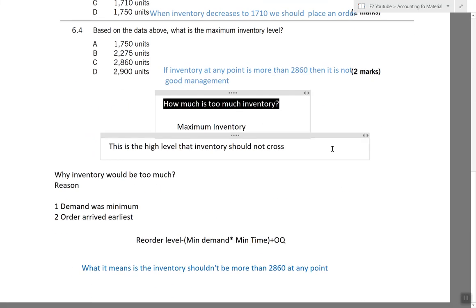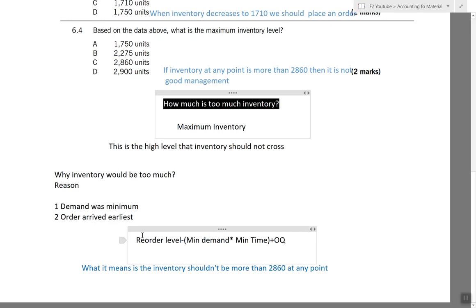Next is the maximum level. How much is too much inventory? Obviously, we have to think about stockout and the costs relating to stockout, but it doesn't mean we should have as much inventory in our warehouse as possible. There still is too much inventory, so that is the maximum inventory level. So this is the high level that inventory should not cross. The formula is